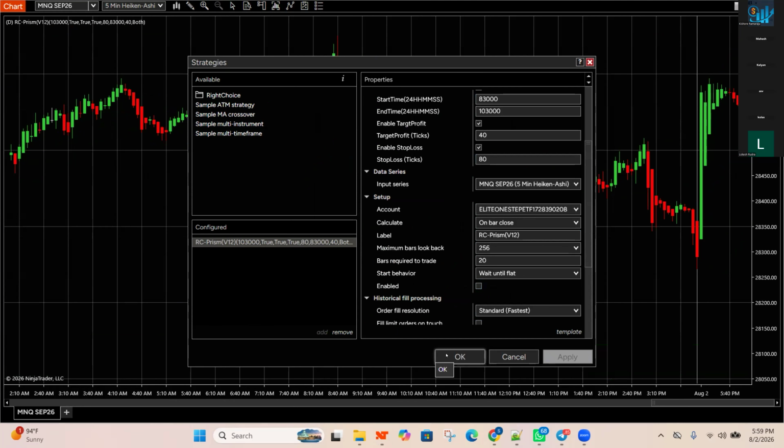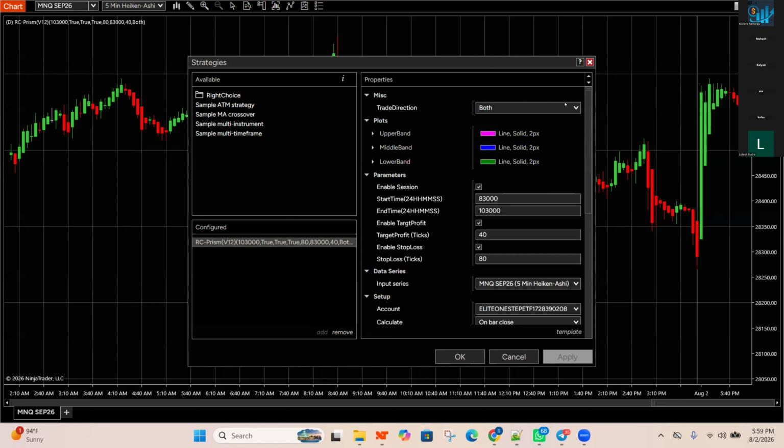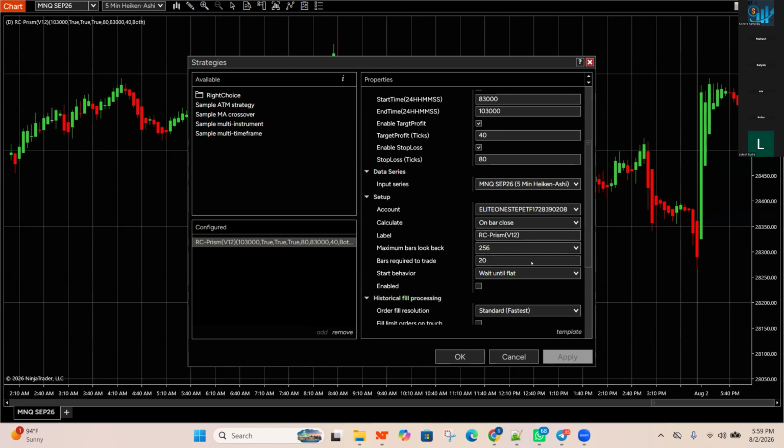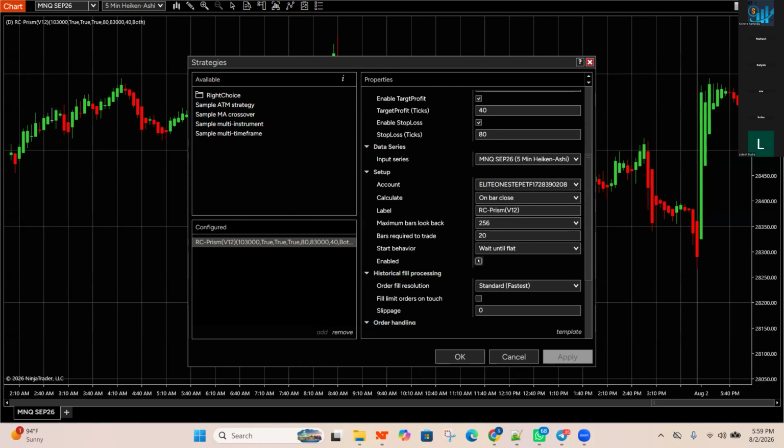Let us say tomorrow morning we see that we got a bait trap. Then you go to the top and, instead of both, you say long only because it is a bait trap. If it is a bull trap, you do short only. And then I have to enable this. Okay. So once we did this one,